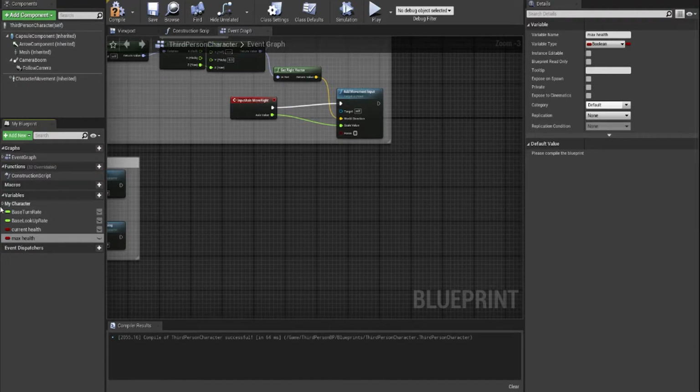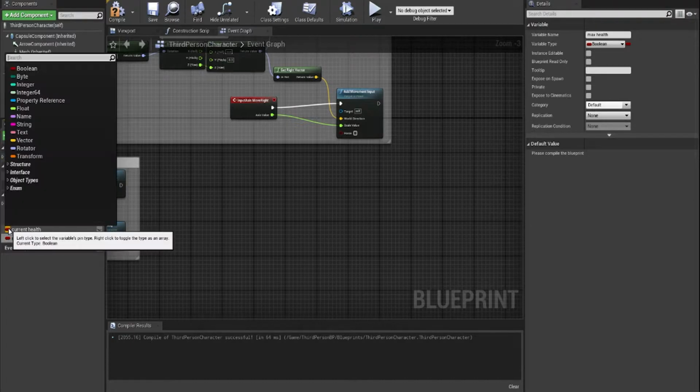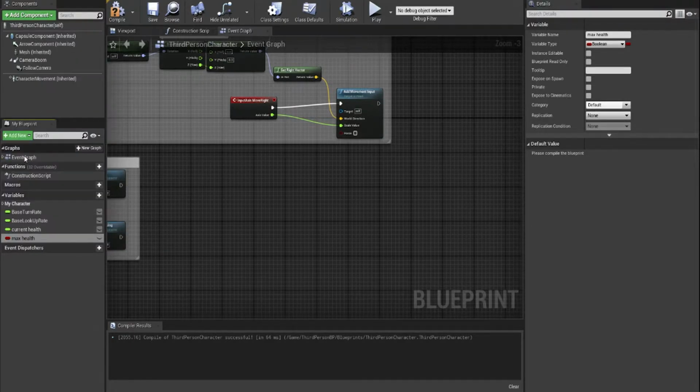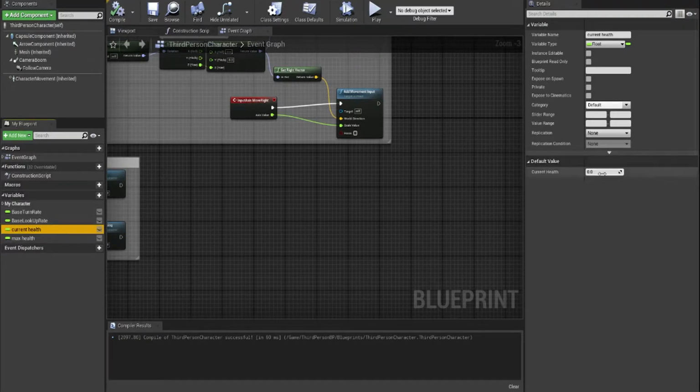And change these to floats by just clicking on their little symbol and then finding float. Compile that and set the health values on both to 100, and that will signify max health, if you didn't guess. So we're done here now,